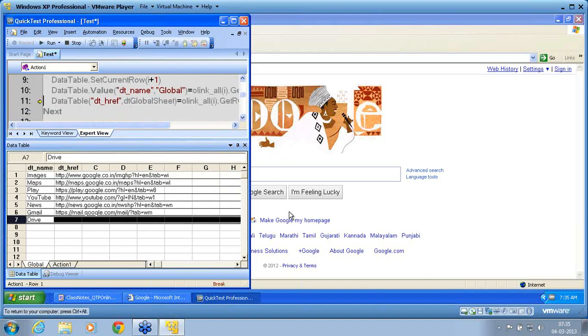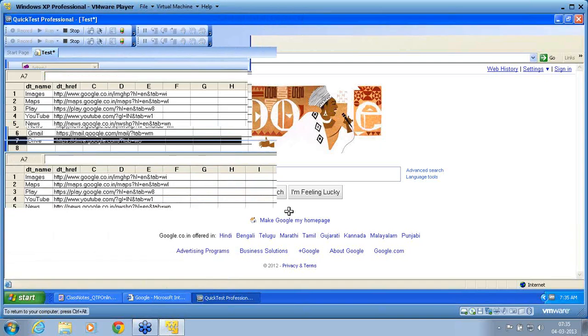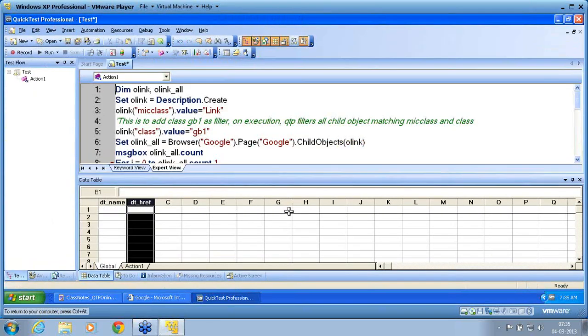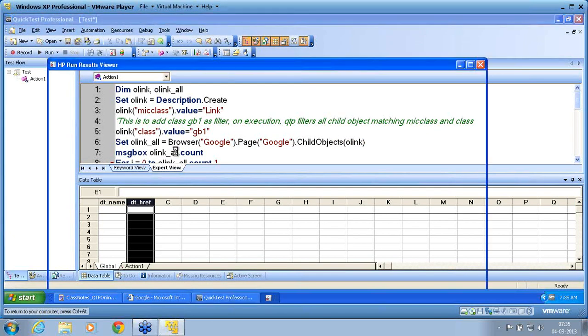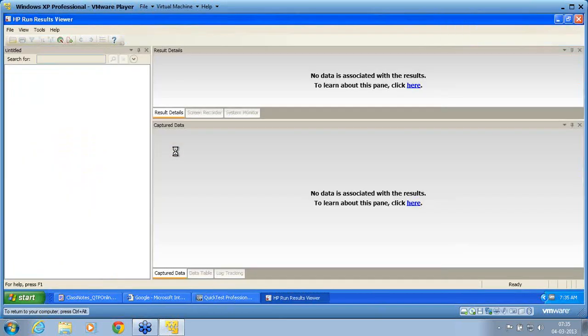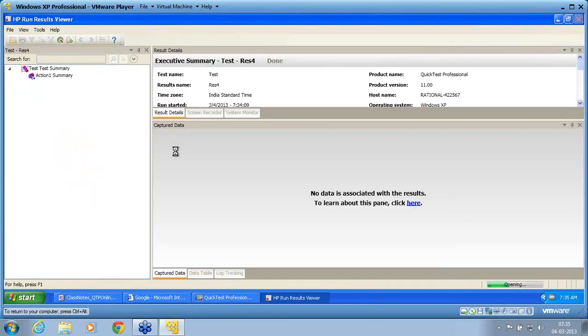So he is now at the last row. These are my 7 images I am now retrieving. The loop is over. You may not see it in the runtime, the reason being it is a runtime value. I need to go to the last result run. From this result I can now see the value of that run.